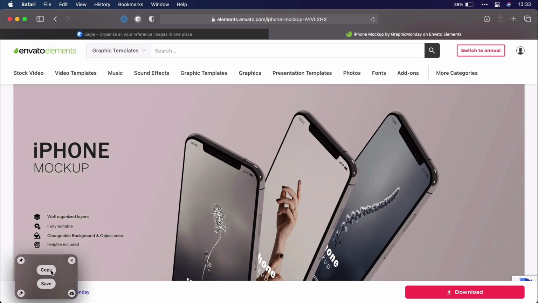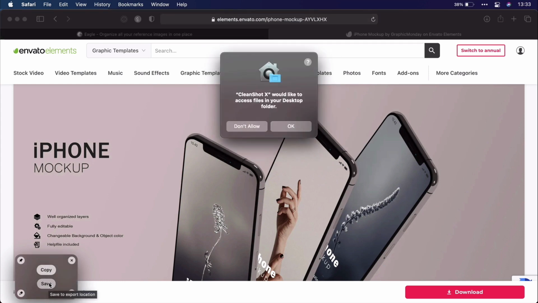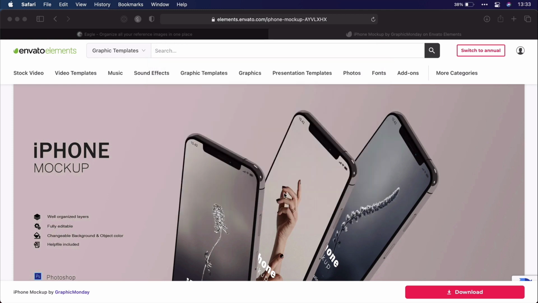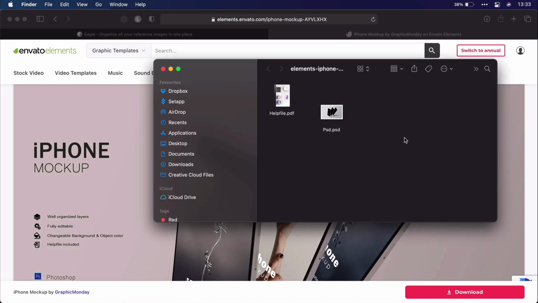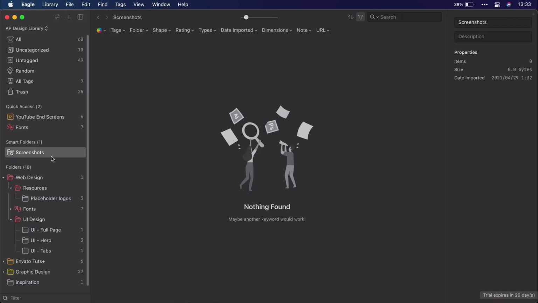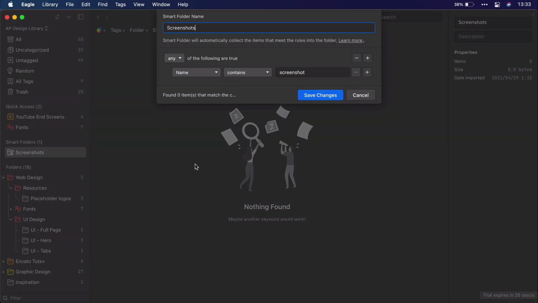And I know that my screenshot tool, when I save it to my destination, saves the files with the name screenshot something. So if we go to my desktop, you can see that it's saved as actually CleanShot, not screenshot. Okay, so I can go back into Eagle and I can edit the rules,